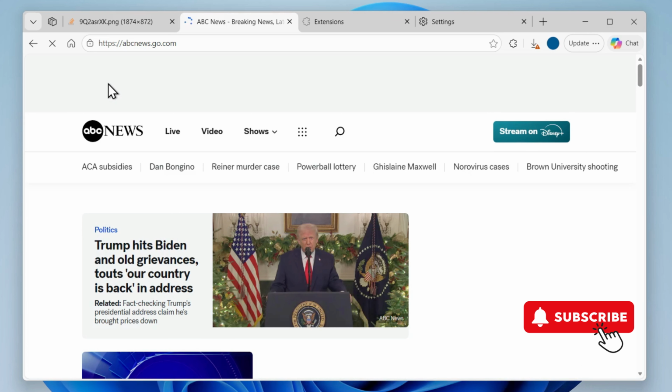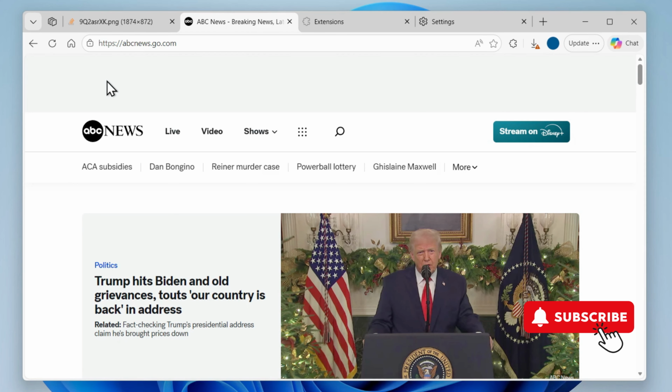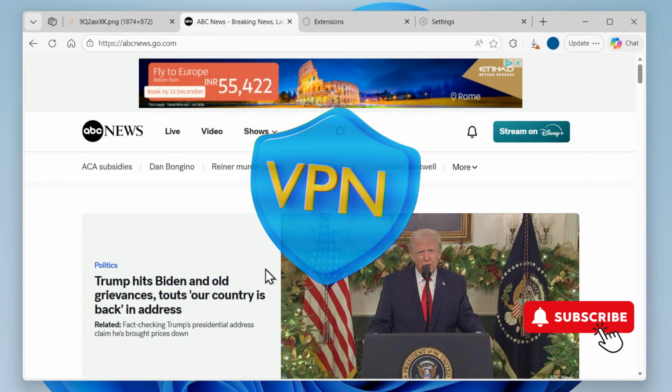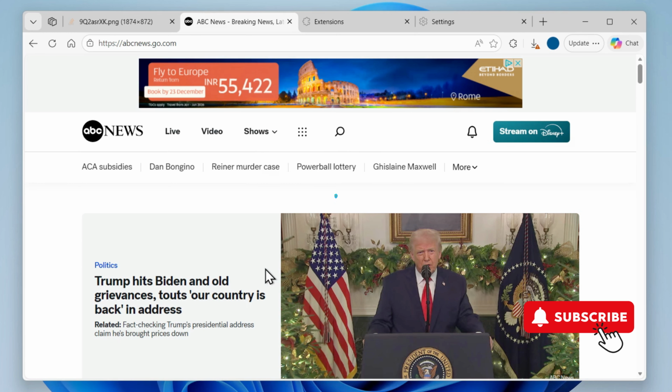If nothing else works, however, you can try disabling your VPN connection. If you are not using a VPN, try switching to a different network or a different browser and it should